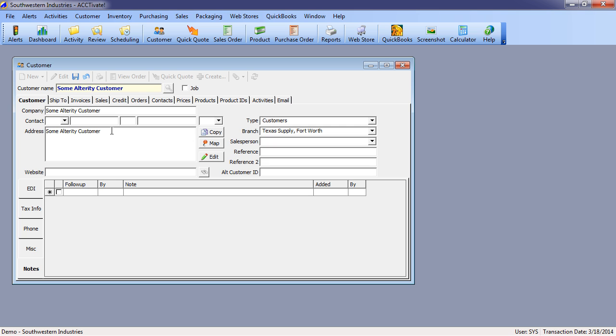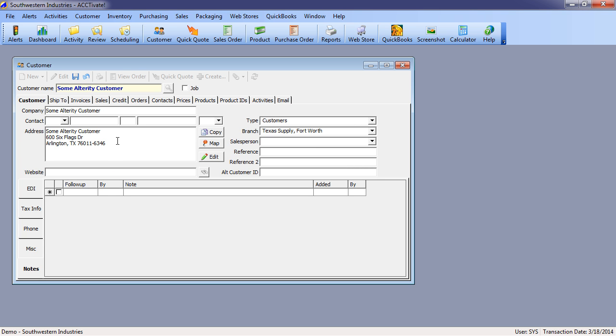One of the first things we like about Avalara, of course, is that we don't have to fully verify and type in the address. We can actually just get started by putting in, let's say, Six Flags Drive. This is our office location here in Arlington, and we know that's in Arlington, Texas. I don't really know the zip code. I don't need to know it. I can try to type it in, of course. But as I move off that field, I just hit tab, I did not type that in, and ACCTivate automatically goes out to Avalara and validates the address and provides it back into the ACCTivate